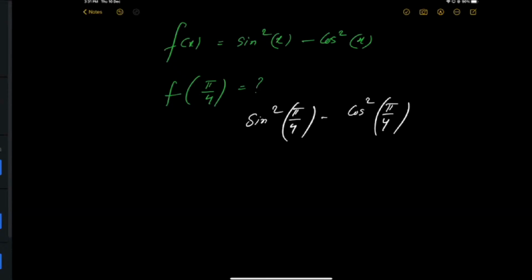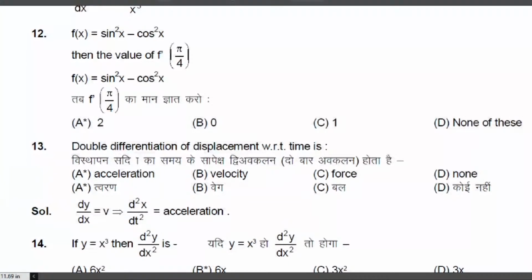What is sine pi by 4? 1 by root 2. What is sine square pi by 4? It is 1 by 2, because square and square root cancel. So it's 1 by 2 minus 1 by 2. So I think the answer is 0. Is the answer 0? Yeah, I think the answer must be,